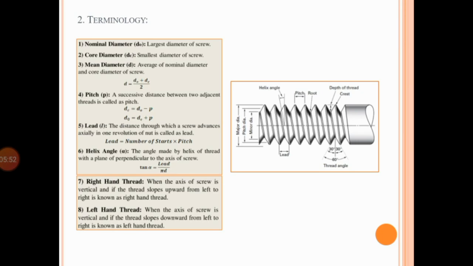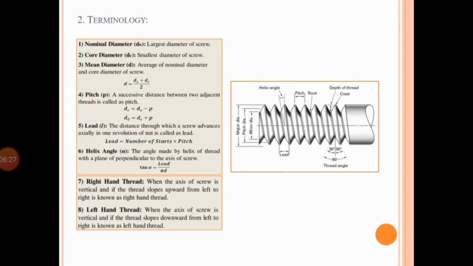So pitch comes into the picture when repeating parts are there in any machine component. For example, teeth are repeating parts. In the case of our power screw, the thread is the repeating part. So pitch is defined as the distance between two successive or corresponding points on two threads, measured along the power screw axis. That is the pitch. And the pitch can be easily calculated by using a mathematical relation with the inner or outer diameter, like that.